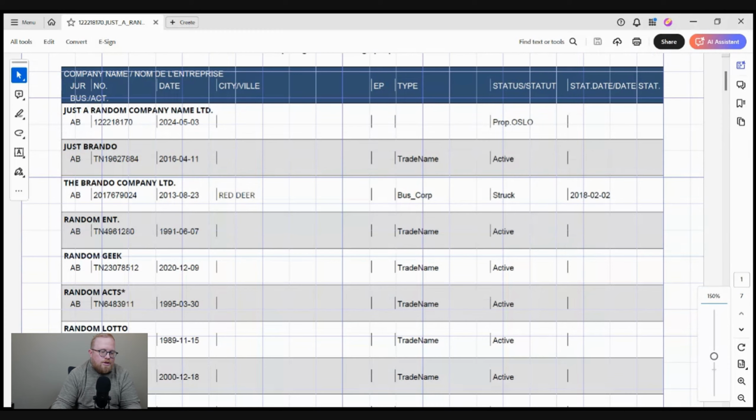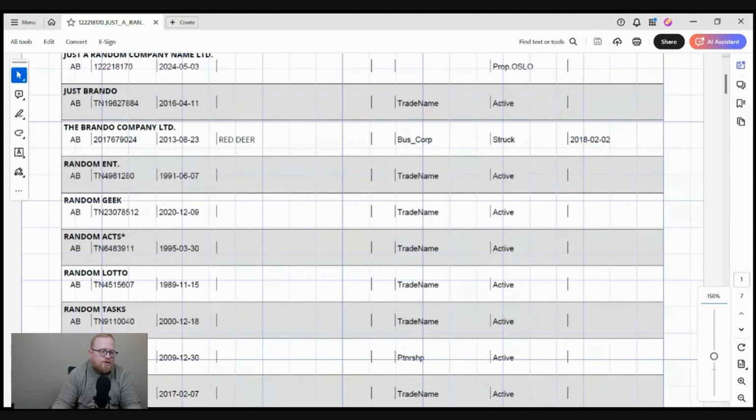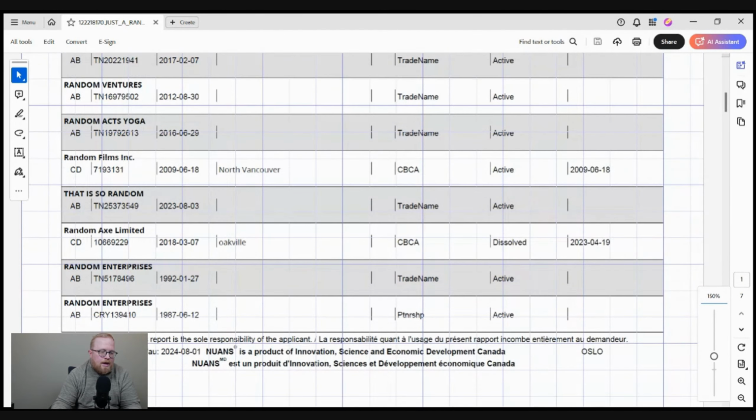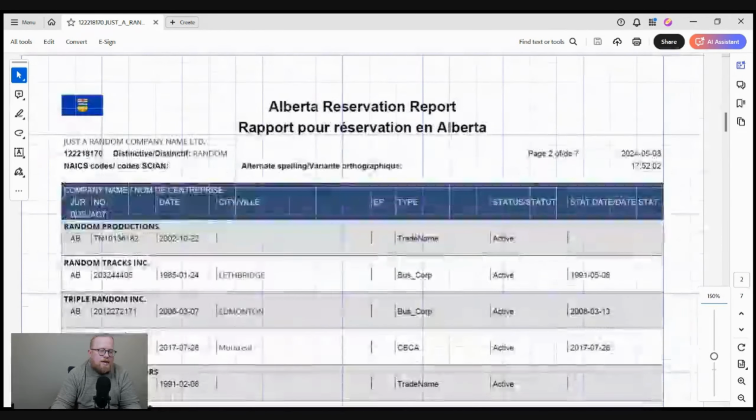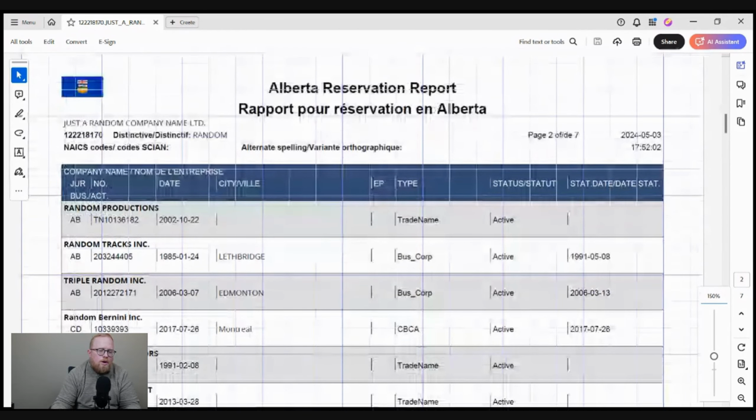So as you go through just another random company, it's sufficiently different when you look at some of these other things. As we're scrolling down here, for example, Random Act Limited. This is a Canadian company under the Canadian Business Corporation Act, and it's been dissolved on April 19th of 2023. And so again, depending on the name that you pick, and particularly if you're only using 1 or 2 descriptive